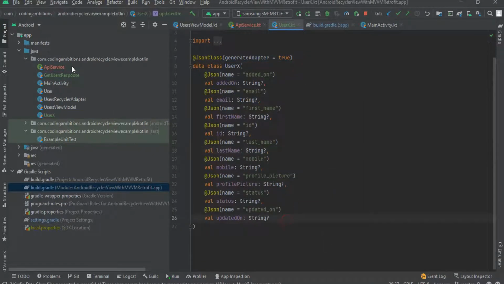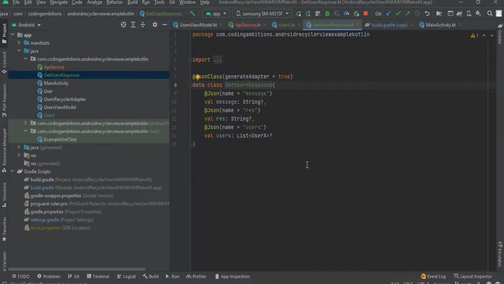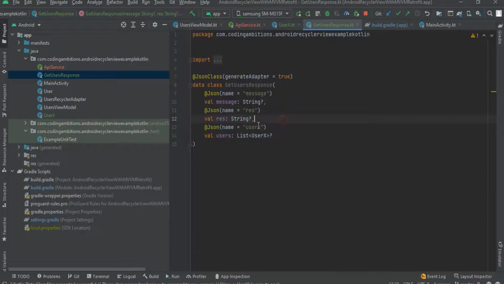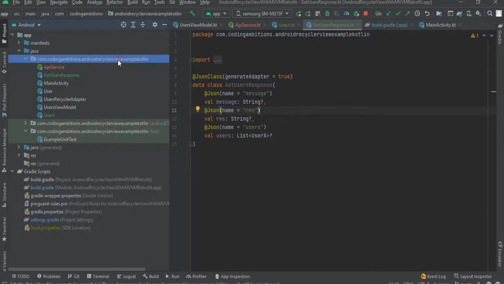And now what we will do is, this has parsed our response: message is a String type variable, response is a String type, and there is a list of UserX. This UserX is the user item. It has created a separate model for that. So users is the list of users. So now this is created, and now we will create